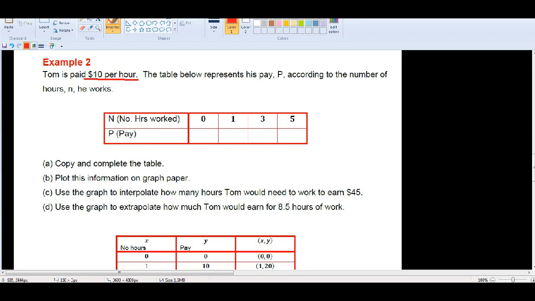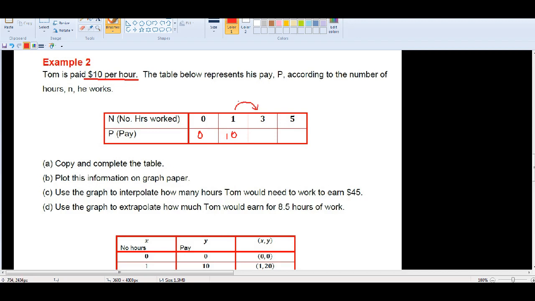Okay, so we all understand if you work for 1 hour, you get $10, right? So if you work for 0 hours, what's the pay? Of course, it should be 0. If you work for 1 hour, $10. Okay, so remember 1 hour, $10. How about 3 hours? Okay, so let's use a little bit of the double line method, but this time we just